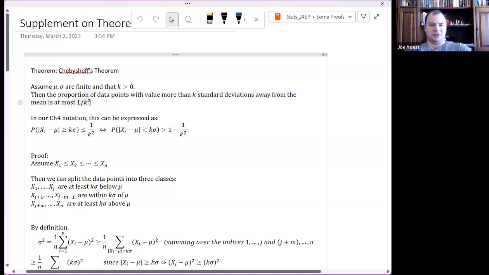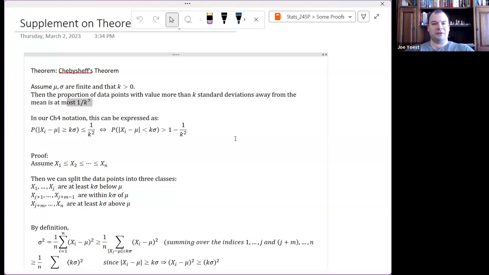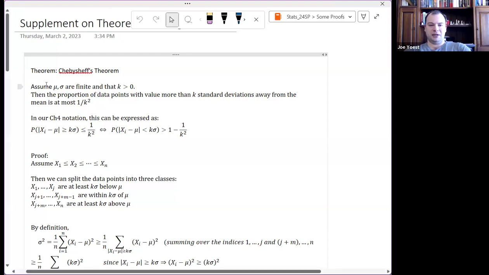And remember, so for instance, how many data points can we have where the value is more than, say, 2 standard deviations away from the mean? That's 1 over 2 squared, or 1/4, or 25%. We can have at most 25% of data points that are 2 standard deviations away from the mean, that are 2 sigma events. Now, our empirical normal rule says that we expect to have maybe 5% of our data points that are 2 sigma events if we have a bell-shaped distribution. But Chebyshev, remember, applies to any distribution. The only assumption we made are finite mean and standard deviation.